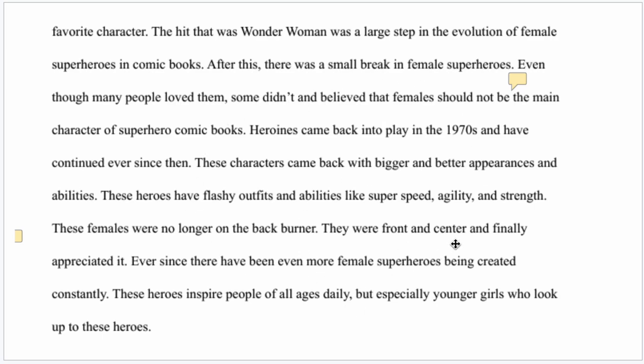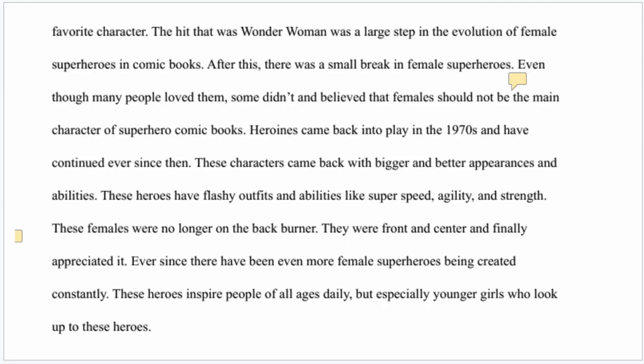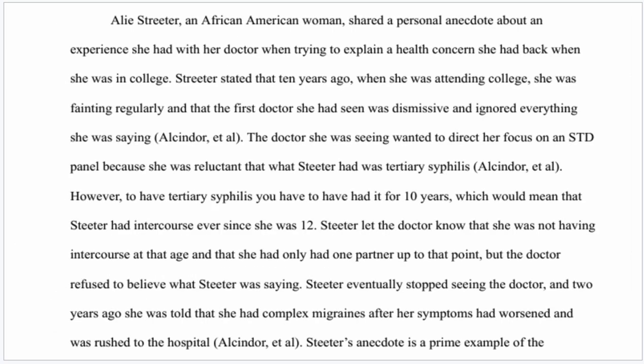So this paragraph is not going to be very memorable or very convincing because I have no examples for my brain to grasp onto. If I don't believe you, I'm not really convinced because you've offered me, if this is your paragraph, no specific evidence. So while this paragraph is longer, I wouldn't necessarily say it follows the PWU steps because all it has is explanation. It doesn't have any specific examples to back up the main points. Make sense? Okay, let me show you a paragraph that does this very well.